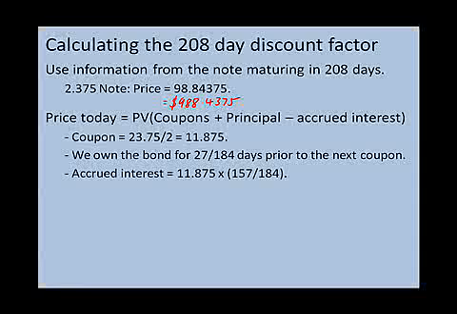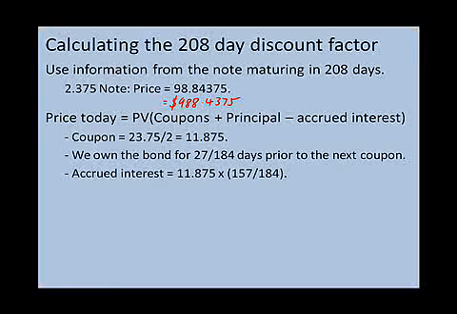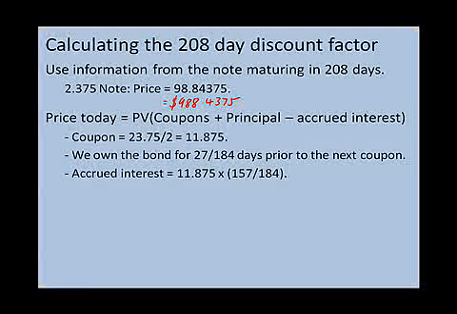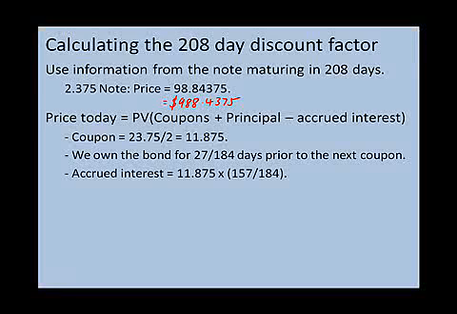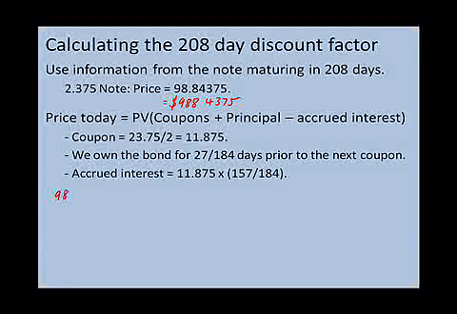Once again, we have to deal with accrued interest because we only own the bond for 27 of the 184 days before the next coupon payment. That means the price today, $988.4375, is equal to